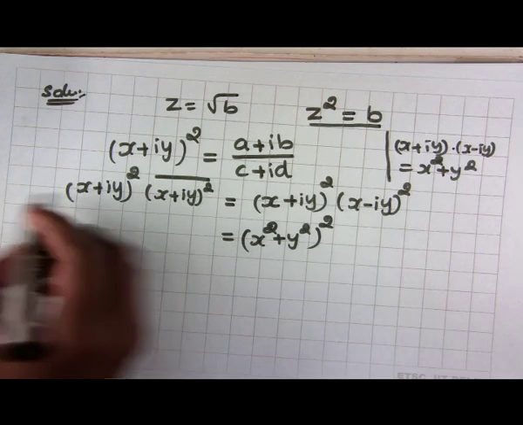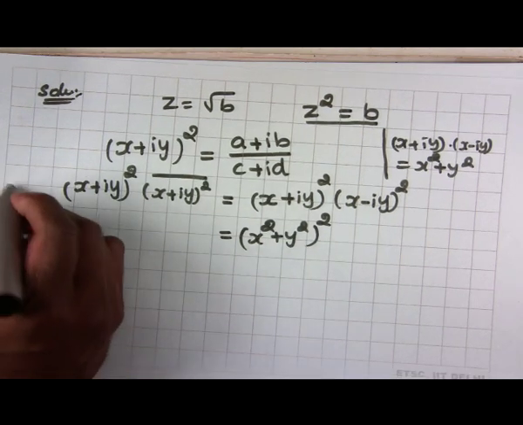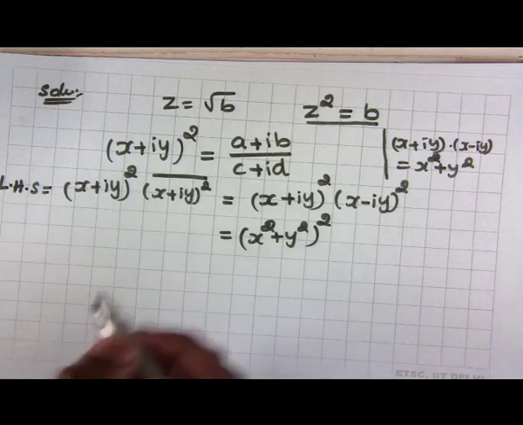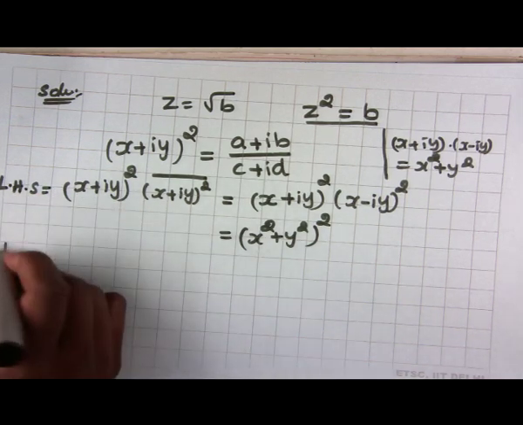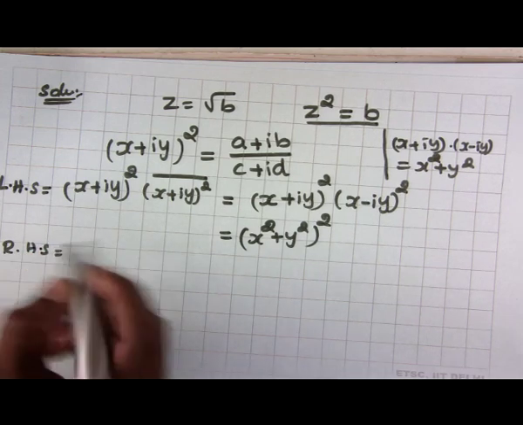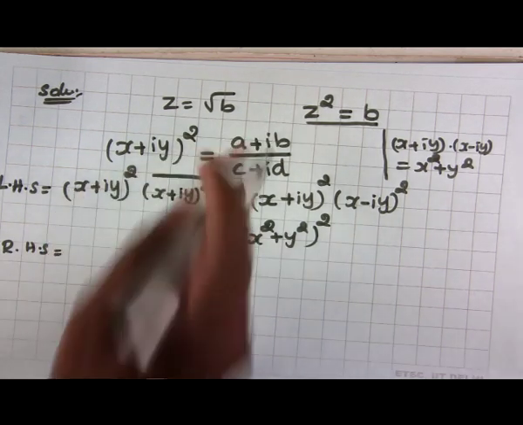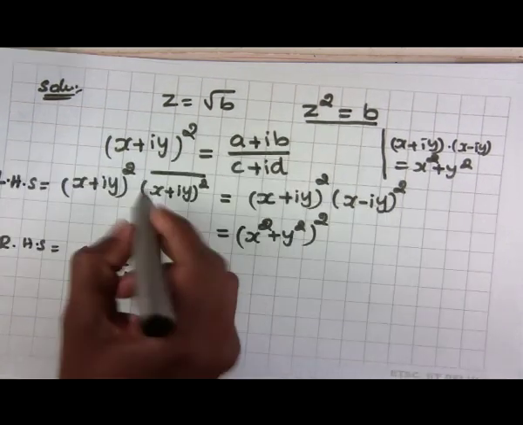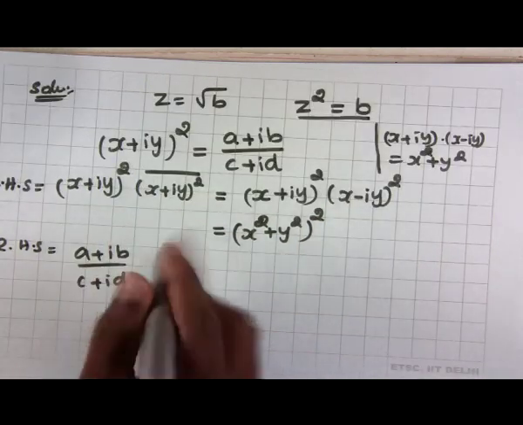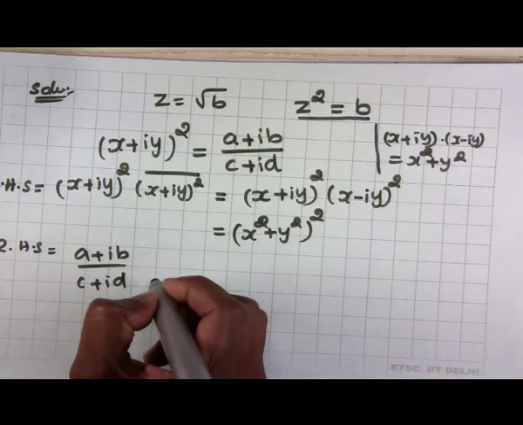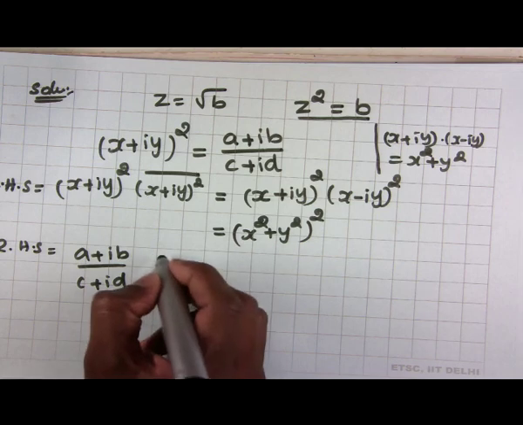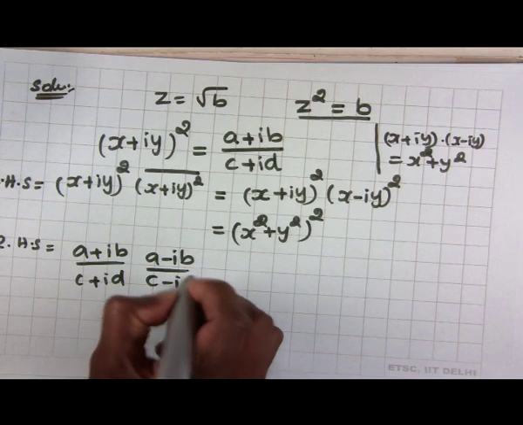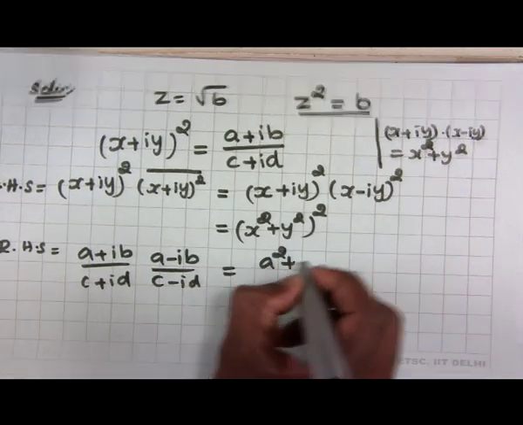So, this is basically the left hand side. So, the LHS is what we considered, and similarly correspondingly the right hand side, what do you have? (x + iy)^2 = (a + ib)/(c + id), and we are taking its corresponding conjugation. Conjugation we know (z1/z2) bar is given by z1 bar divided by z2 bar, which means it is (a − ib)/(c − id), and the product gives a square plus